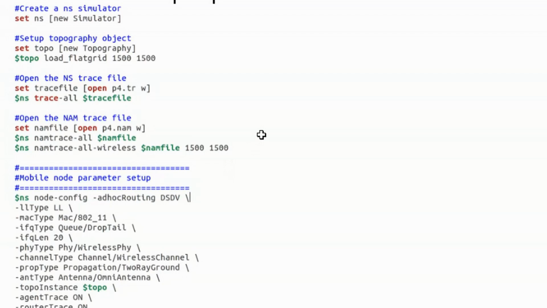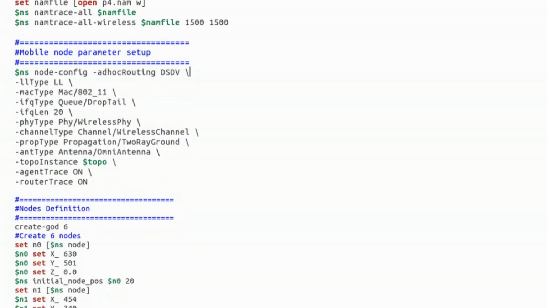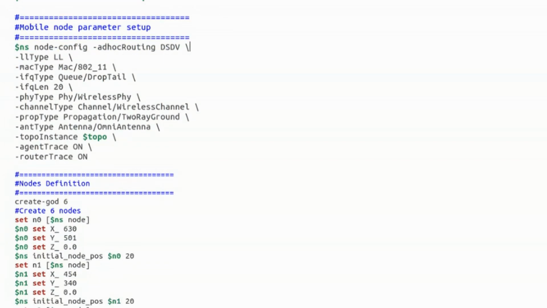So after that, now we are coming to the important concept of this particular program. Here the main intention is to have wireless nodes, and also the nodes are mobile. So the mobile node parameter setup, from here to here, all the things, right? These are all the important parameters that we need to set up for a mobile node. Clear? For a wireless sensor node, you have to remember all these things. You have to set up all these parameters for wireless mobile nodes.